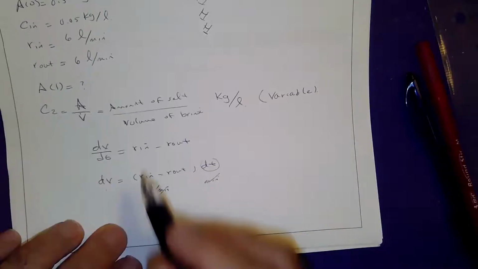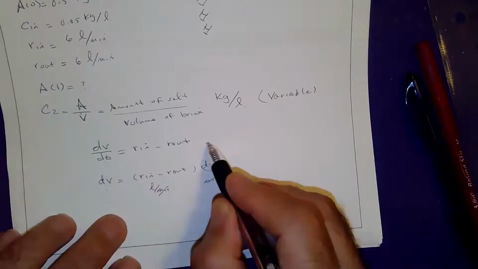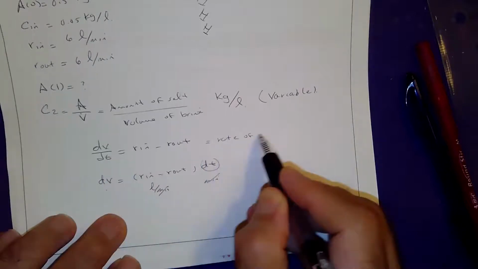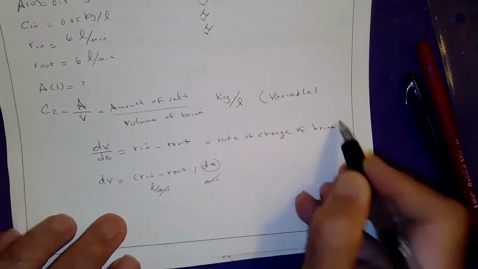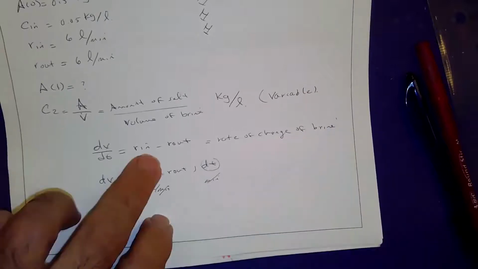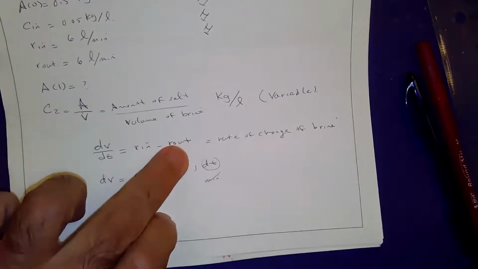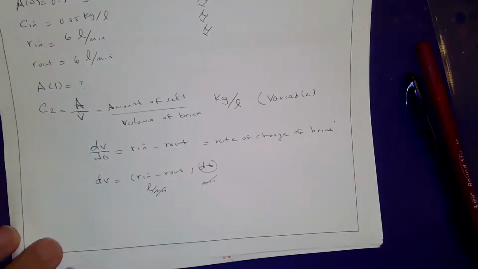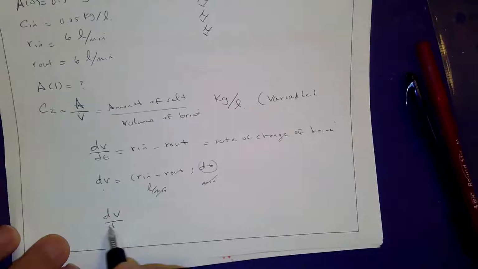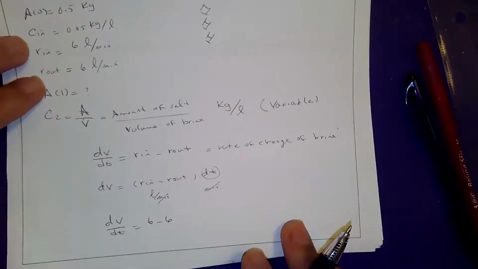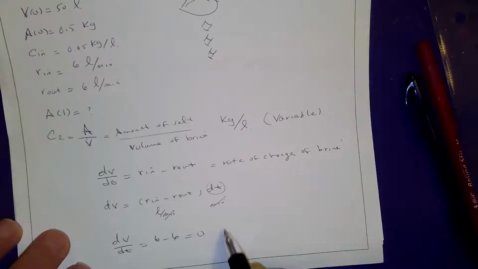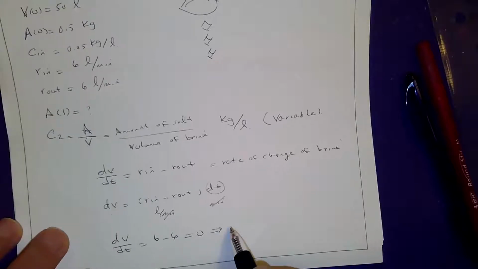So therefore, the rate of change of brine at any given time is R in minus R out. In our case that is 6 minus 6, because remember R in and R out were identical. So therefore, this is 0. So that means if you take the